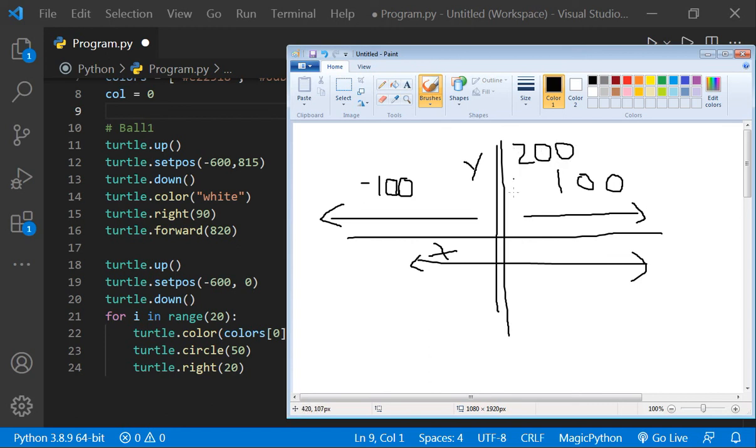The more you want to move upwards, the more the number will increase, and the more you want to move downwards, the more the number will decrease. Suppose you want to move downwards, you will give minus 200. Hope you guys got it.